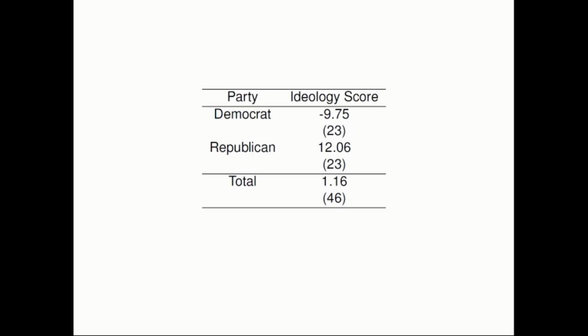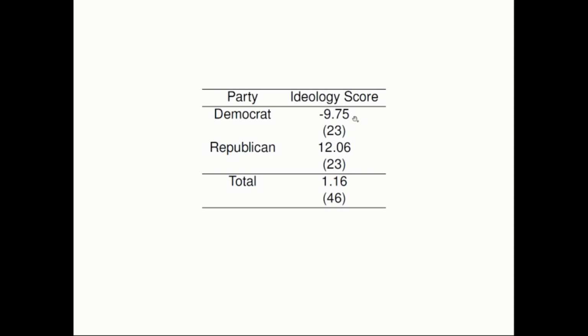In order to assess whether the independent variable had an effect on the dependent variable, you compared the means of the dependent variable across the categories of the independent variable. You can also compare the mean of the dependent variable for each category to the overall mean in the total row. So applying this to our example, the mean of Republicans was 12.06, which is much greater than the mean